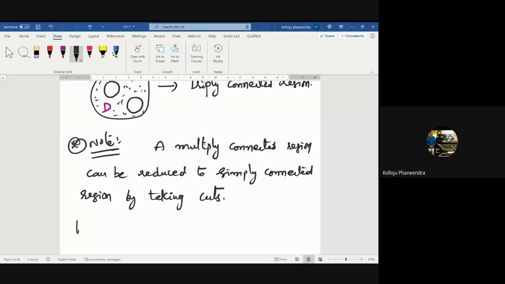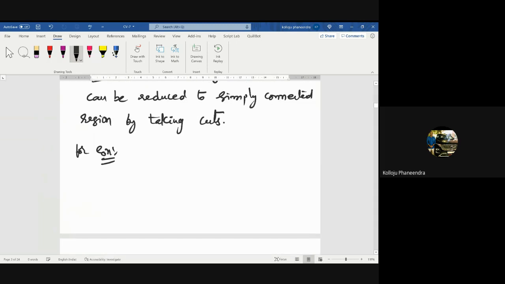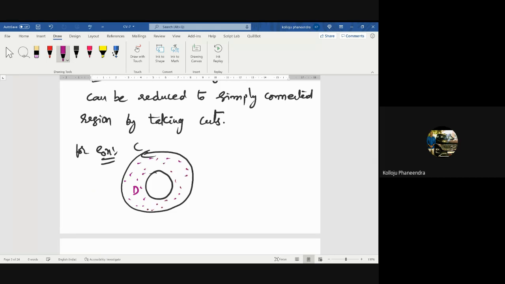For example, see, let me consider one doubly connected region. Okay, a simple logic. This is curve C, and there is a hole here. And where is the D? These are the points of the domain. So it is a doubly connected region. I have to transform this. How does this doubly connected region transform to